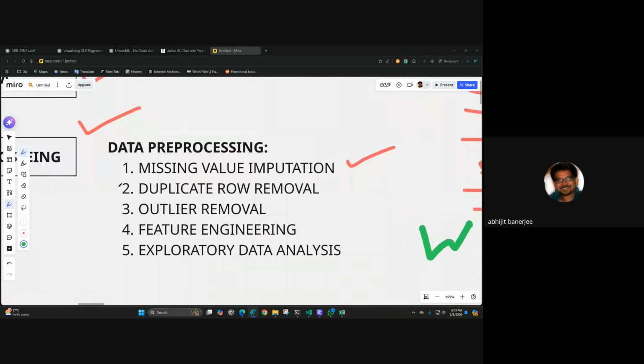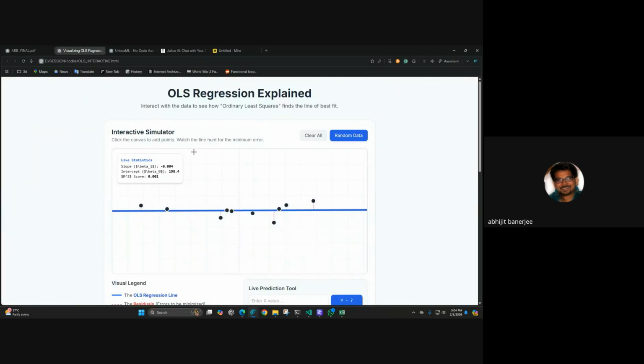The first thing we need to do is missing value imputation. If there is any missing value, we need to impute it. Then there is duplicate row removal. If there are any duplicate rows, we need to remove them because that will be erroneous. Third thing is outlier removal. We were already saying that had I introduced an outlier here, here or here, this deviates the values of theta and c, that is my slope and my intercept, and my